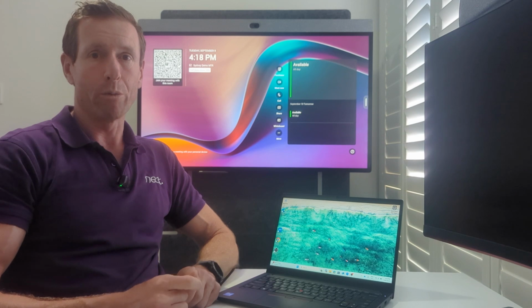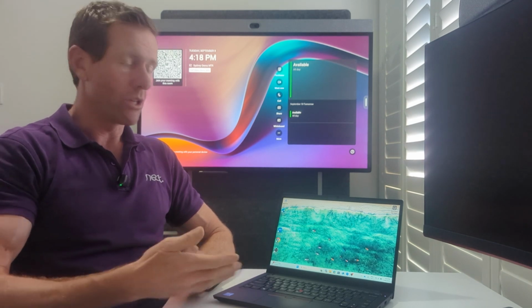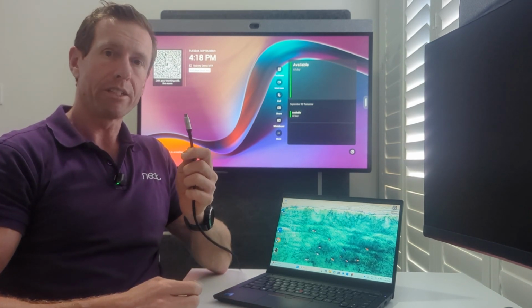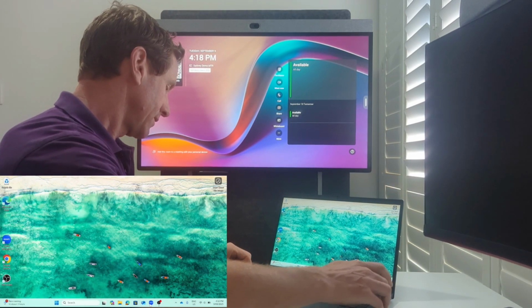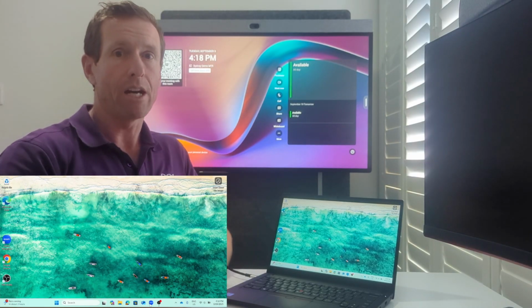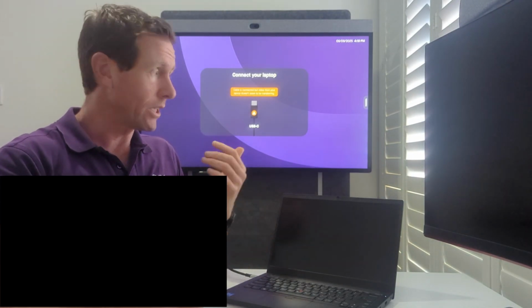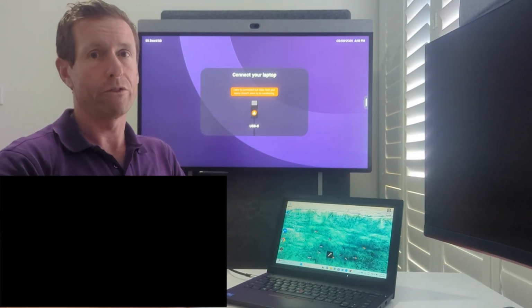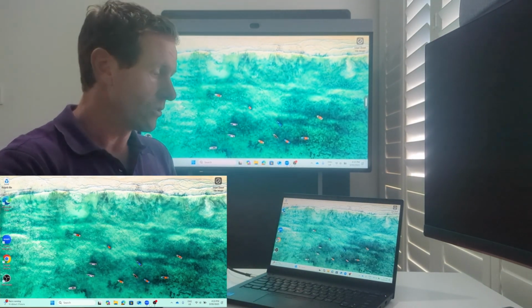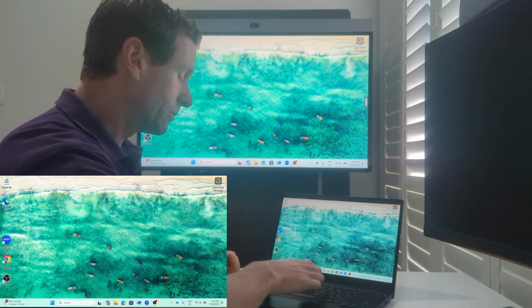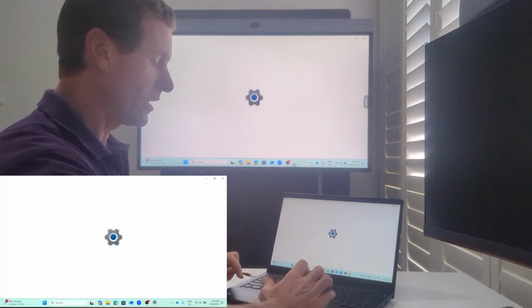To get started with BYOD mode, when you're in the meeting room with your laptop, connect the USB-C cable that's on the meeting room table to your laptop. And what you'll see happen now is my laptop display will be duplicated to Neat Board 50 or Neat Board Pro. A handy tip here is that you can actually go into your system settings by pressing Windows I for a shortcut,